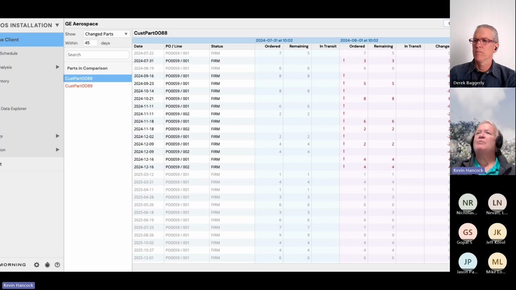Oftentimes these changes are pushed out directly from the ERP system that's hooked up to that supply chain portal. Those are being pushed out and your orders are being updated, and you may not always know when that happens. This kind of gives you that view. You're seeing these two parts and you're seeing a change in demand versus ordered and remaining across that over time.